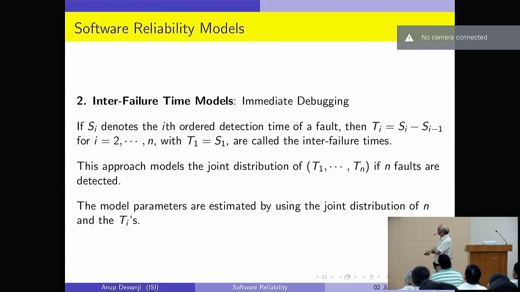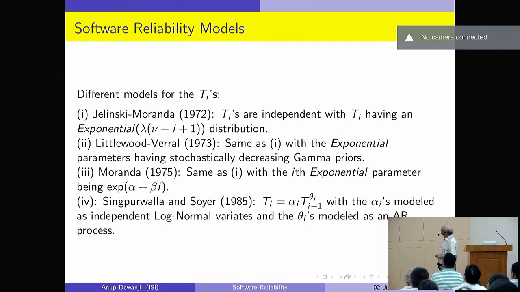And the model parameters would be estimated by method of maximum likelihood, and this can be done. So these are some examples. Again, you see that these are in the 70s and 85s. There are some Bayesian approaches, and this has been